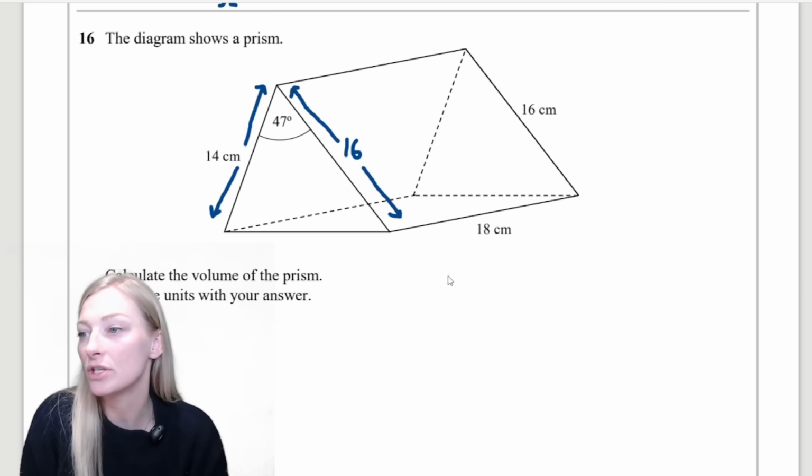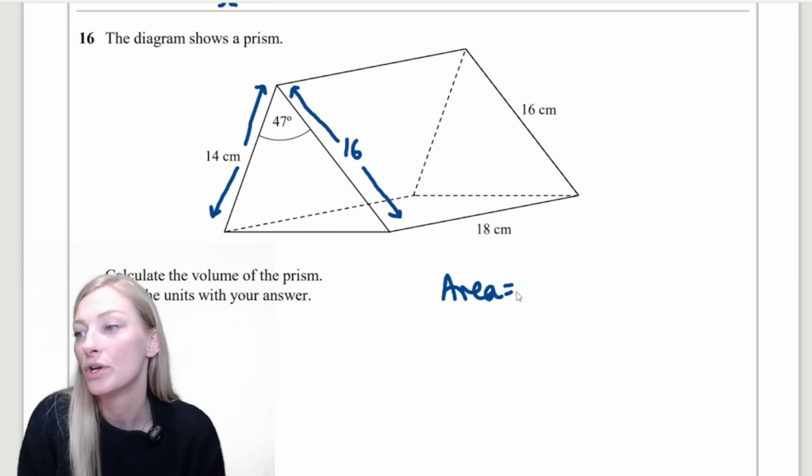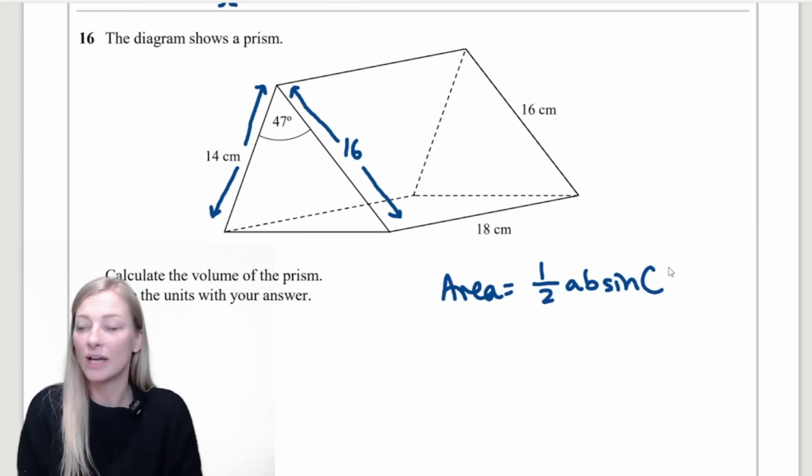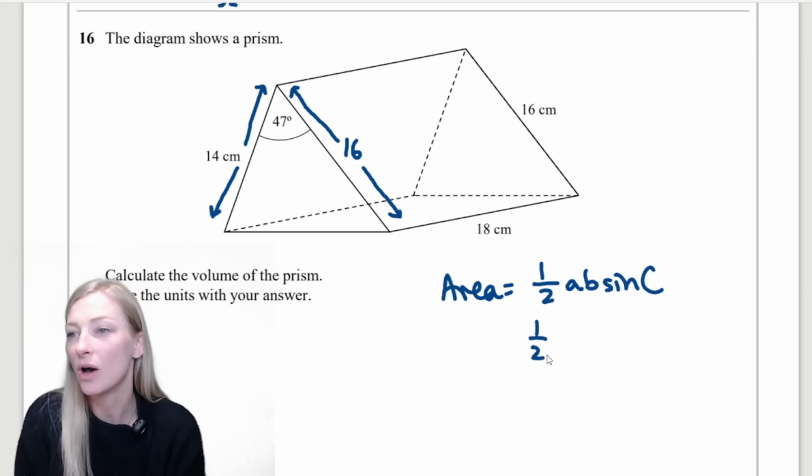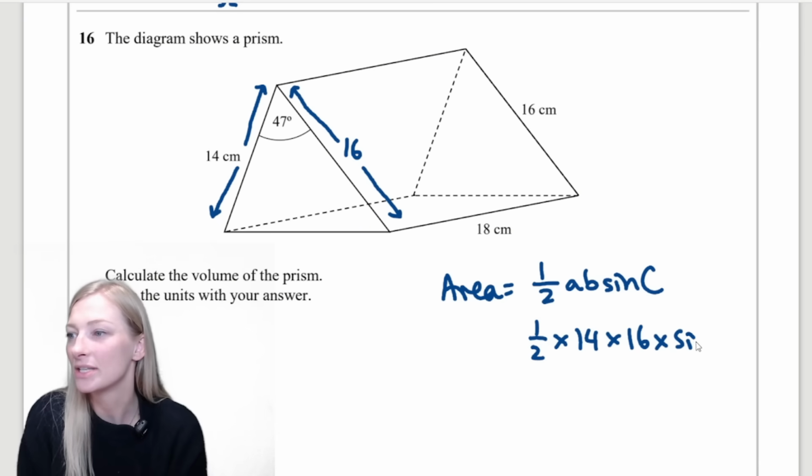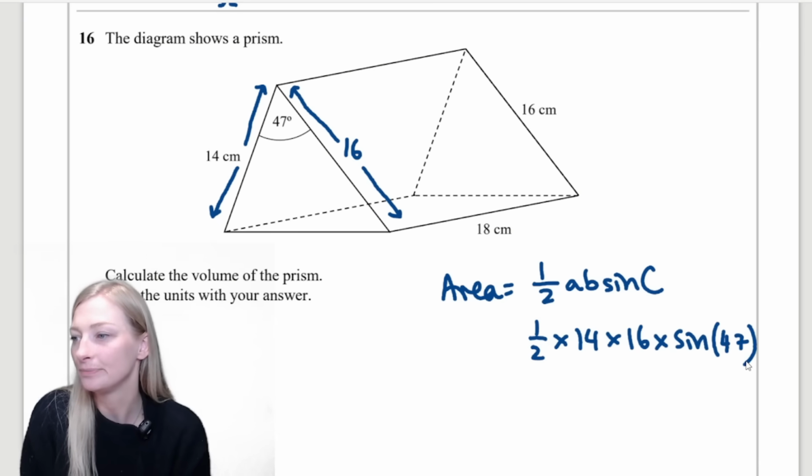So actually what we can do here is get the area of the triangle using half AB sine C. We have 2 sides and the angle in between. So I'm going to do half times 14 times 16 times sine 47. And that is